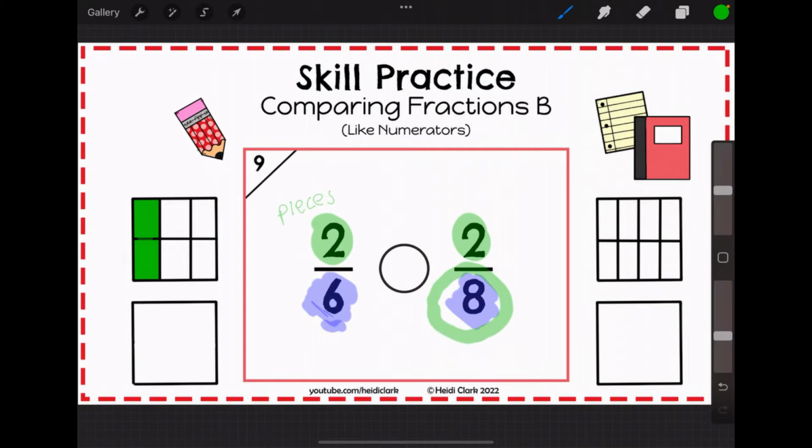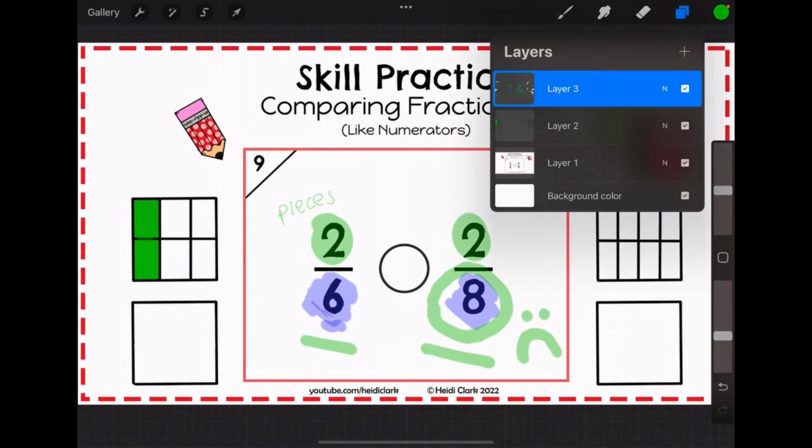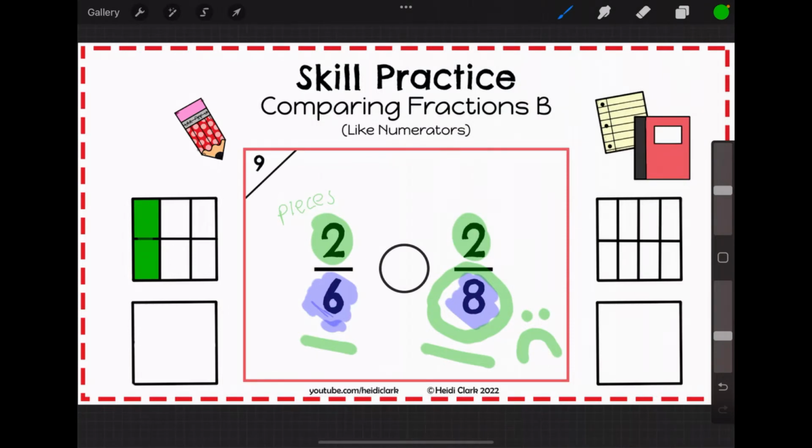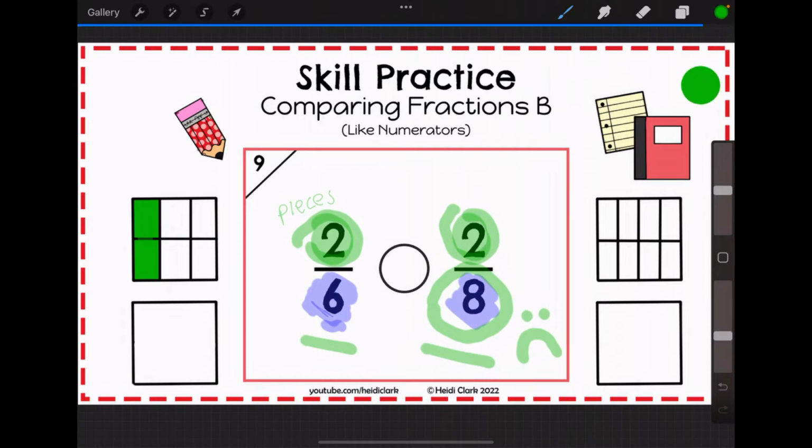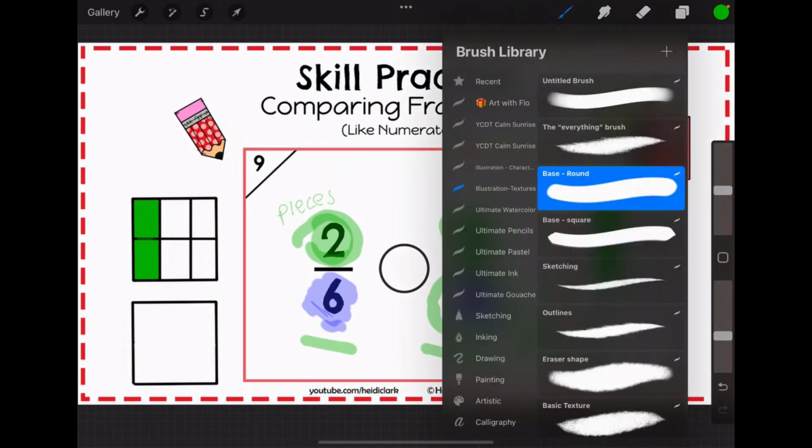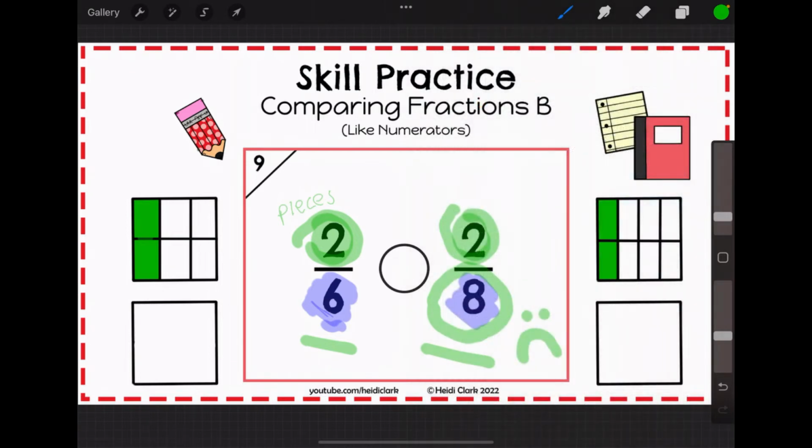So is a big denominator a good thing? No, not if you want more cake. I mean, you make a cake and you share with 6 or you share with 8, you're going to get a smaller piece over here. All right, so let's go ahead and actually fill this one in now. So since the numerators are the same, 2 and 2, you're going to get 2 pieces again, just like before. However, it's actually a smaller amount of cake because these individual pieces right here are smaller than the ones on